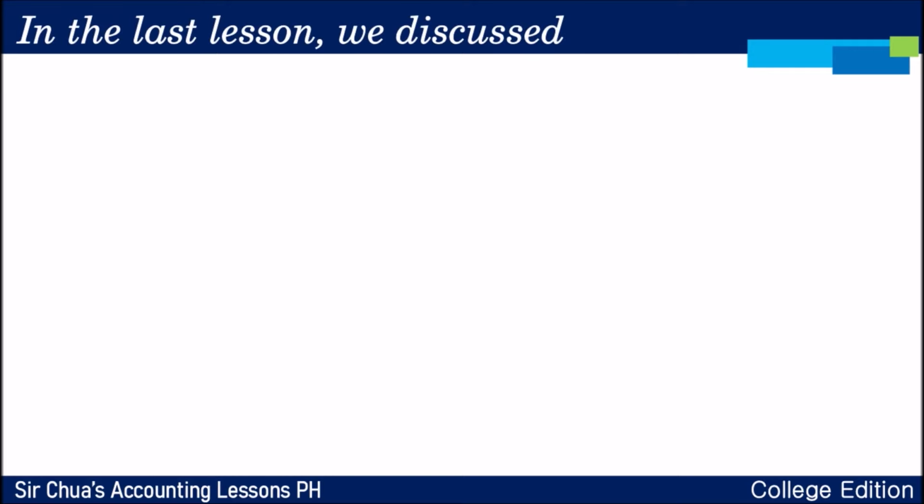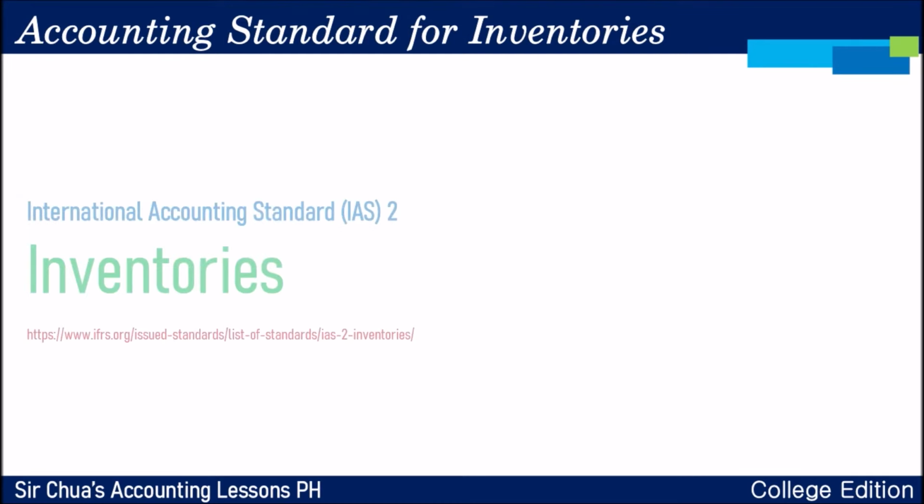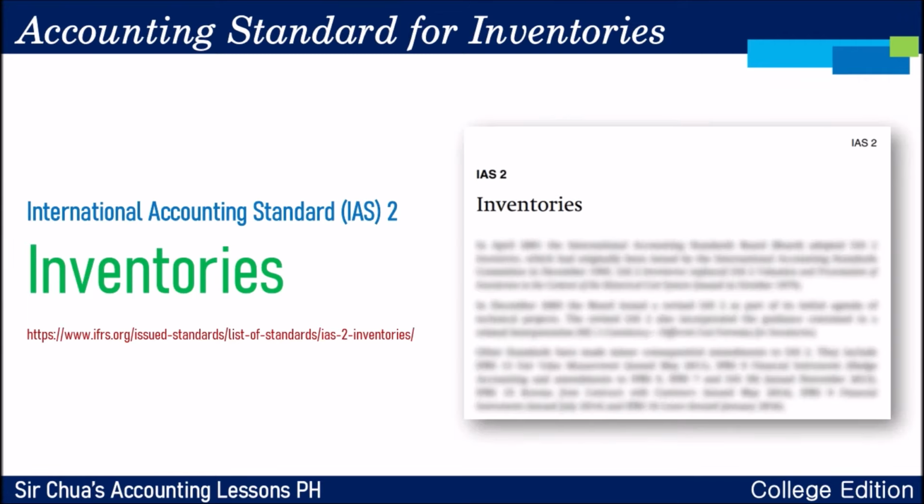Okay, let's start. In the last lesson, we discussed trade and other receivables, and now we are ready to move on with the next line item in the statement of financial position current asset section, which is inventories. Okay, so the applicable accounting standard for inventories is International Accounting Standard 2, or yung ating pong IAS 2, entitled